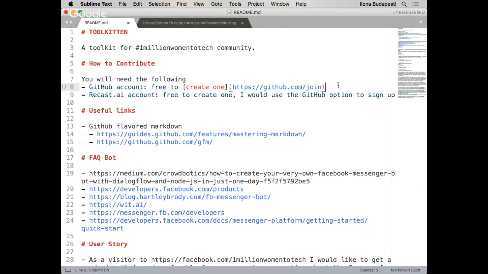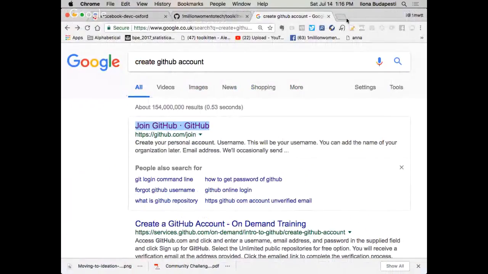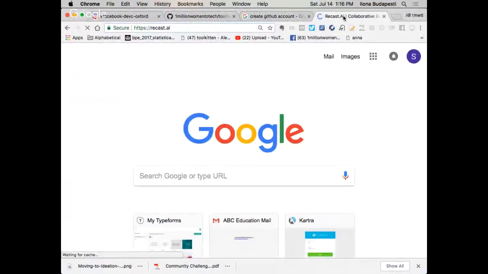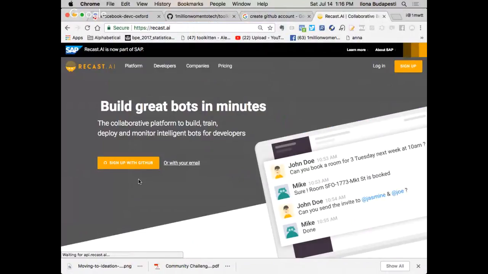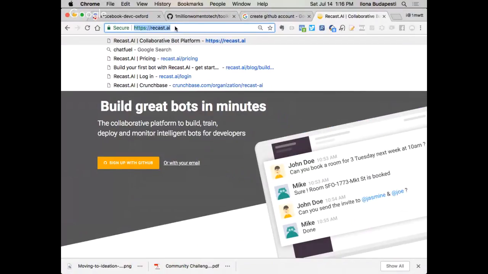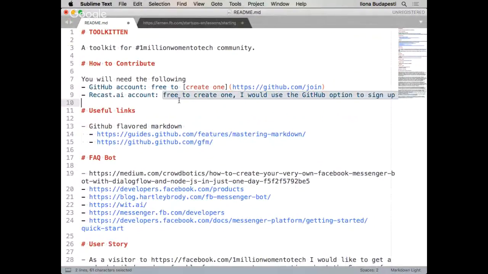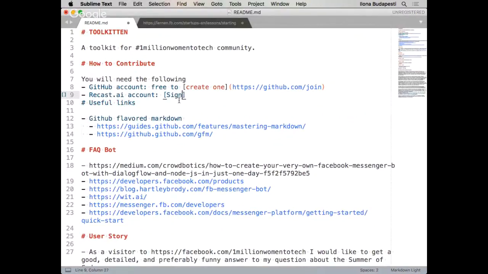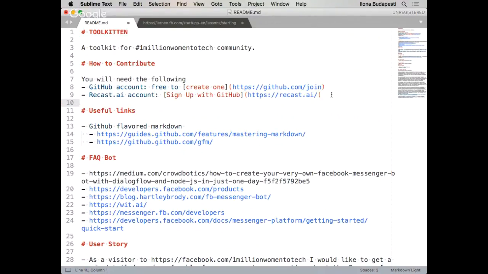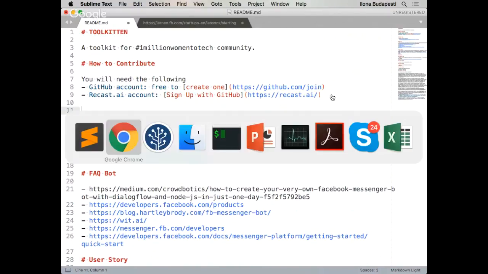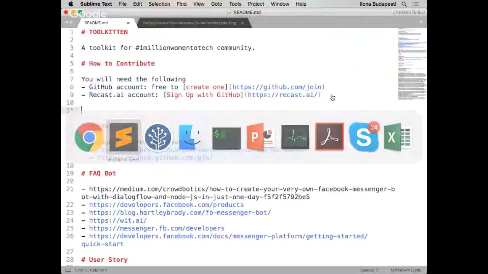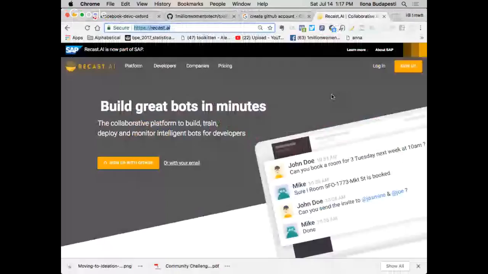Look at the AI account. Then they need to